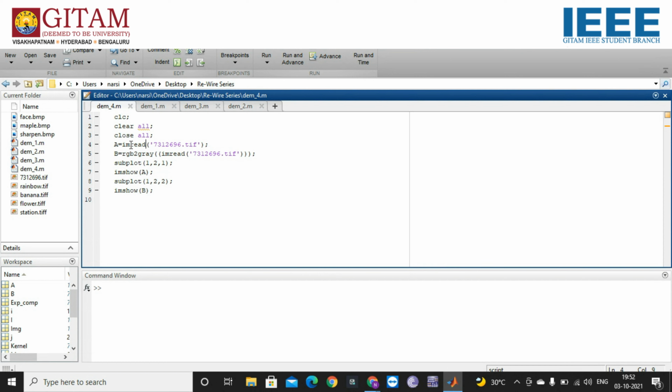We will be using a command called imread, and the read image is stored in the form of matrix A. Now we will apply the read image to the rgb2gray function to get an image in grayscale form, stored in variable B. Now let us display the images we obtained.